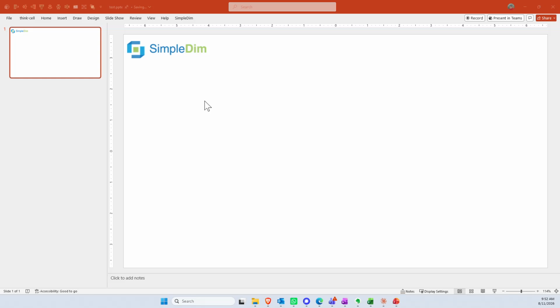Hey everybody, good morning. It's Paul from SimpleDim here, and I wanted to demonstrate a new feature that we just added to the program in the last couple of days. We're going to talk about how to get the perimeter or the length of a shape,